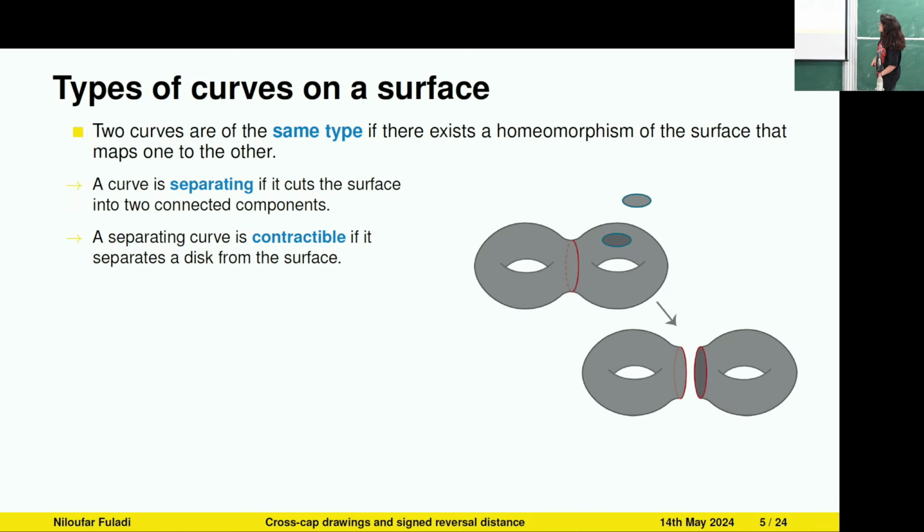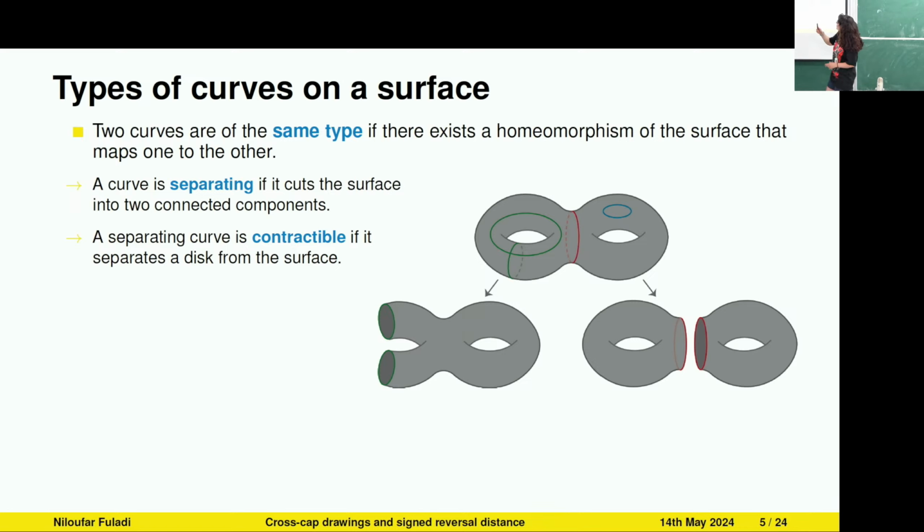There is another type of curve here, like these two green ones. These two green ones actually have the same type. If I cut along any of them, I get this surface, so I can define the homeomorphism between the two shapes, and that's it. So in this double torus, I have three types of curves. Now, the case is a little bit more